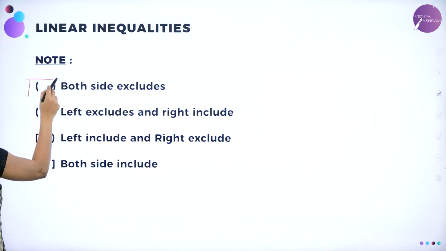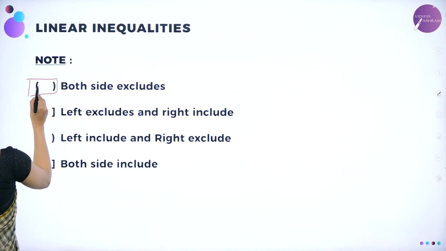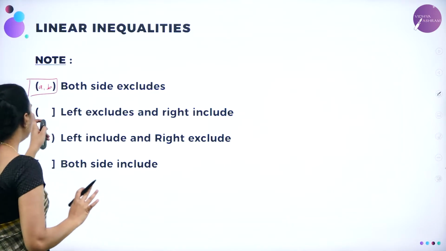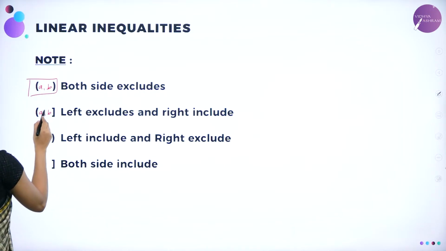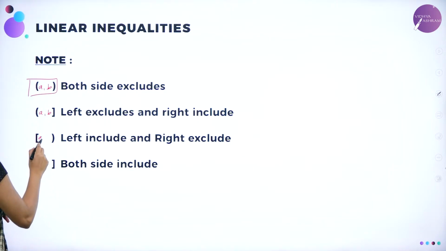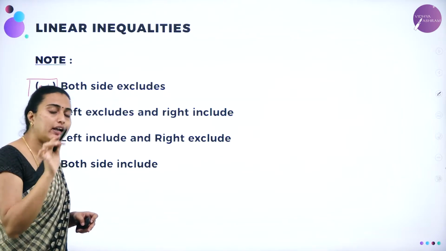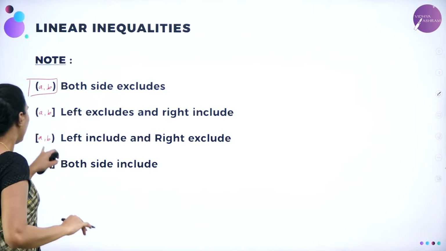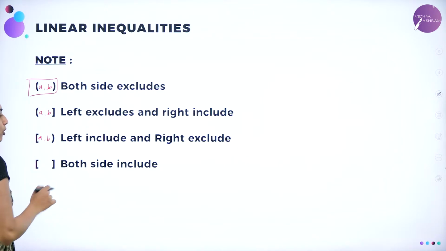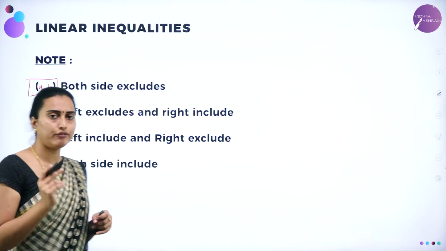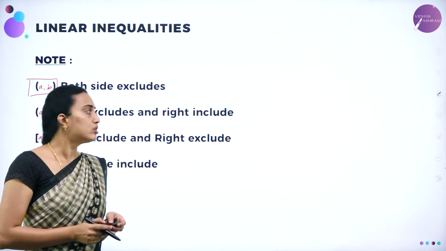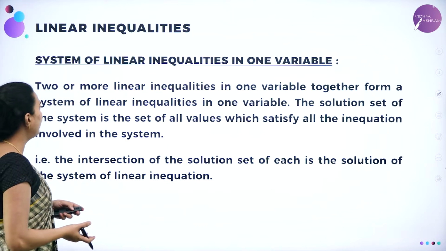Next, these brackets: if you take A comma B with open brackets on both sides, A and B are excluded. Similarly, if I take A comma B here, A is excluded and B is included. Similarly, here A comma B, square bracket means included, open bracket means excluded. Here A is included, B is excluded. So left included and right excluded. And if we write like this with square brackets on both sides, both points A and B are included. For example, here I am taking like that. Understood? So this is what you are going to study under the notation of inequality.